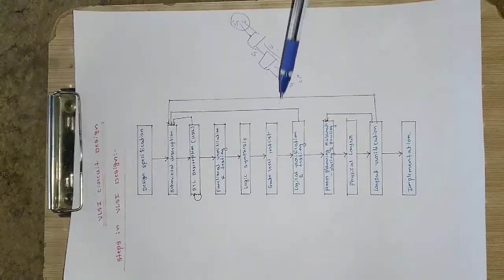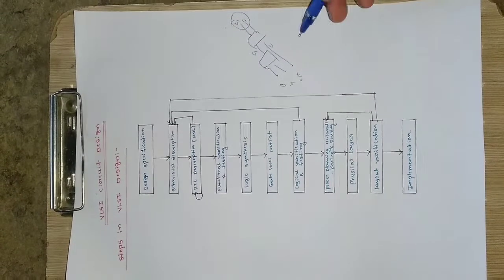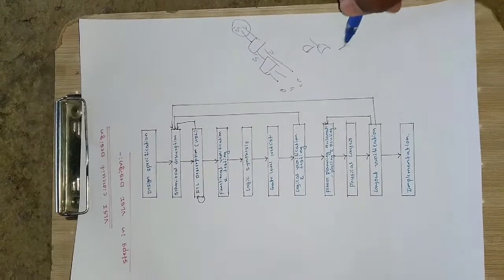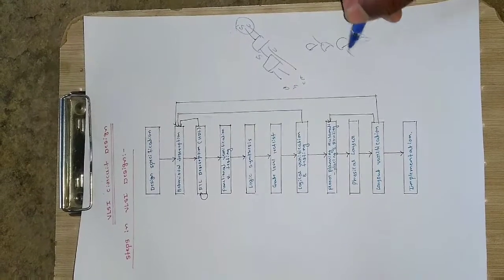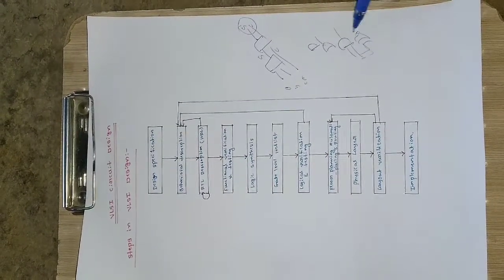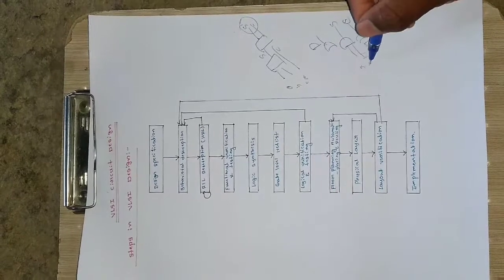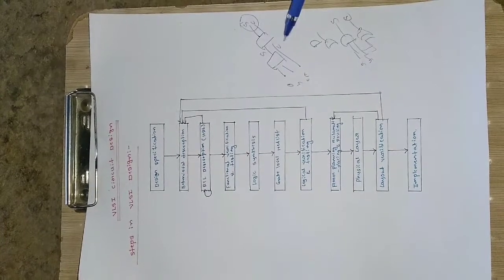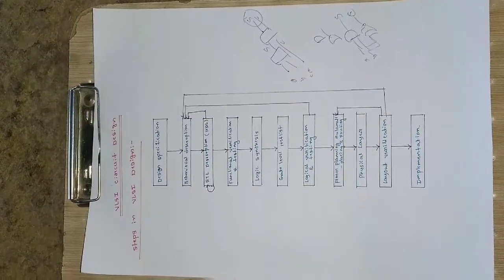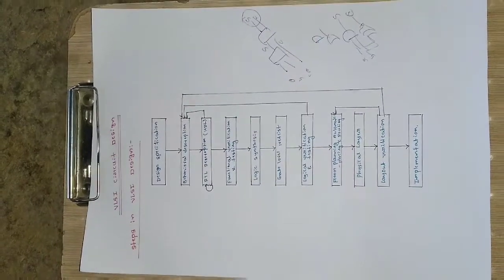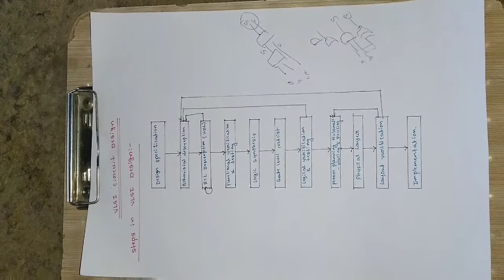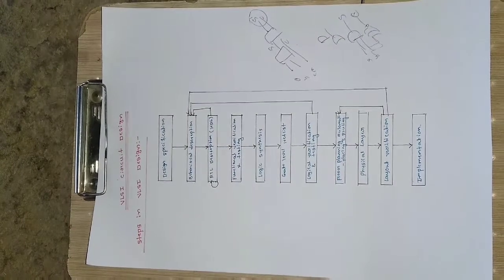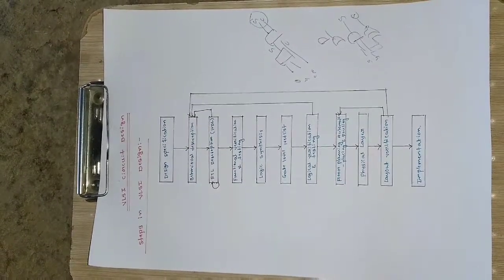Then gate level netlist. So these are converted to the gate level, where AND, OR gates will be used. An AND gate and an XOR gate will be creating a half adder here. So this will give sum and this will give carry. So this is the gate level conversion of the logic synthesis. This is the logical diagram and it is converted to the gate level here. Then logical verification and testing. So this logic circuit is tested and verified whether it is working correctly or not. That is done with the help of testing kits like Xilinx and Keil.